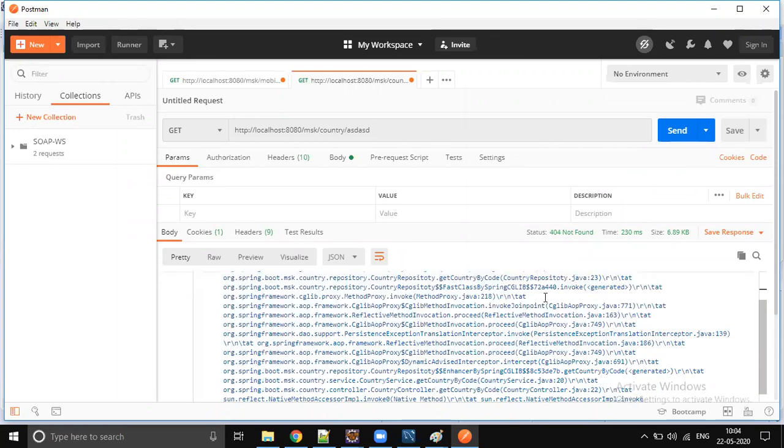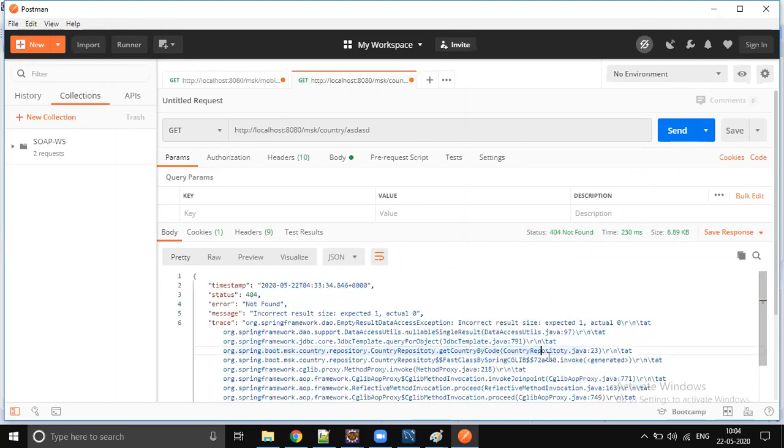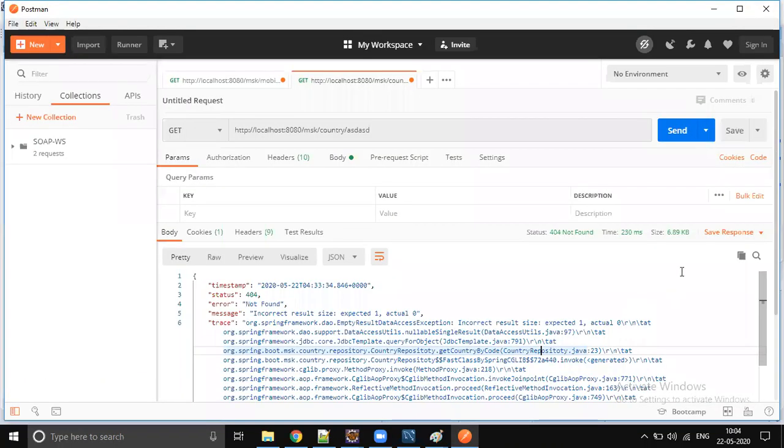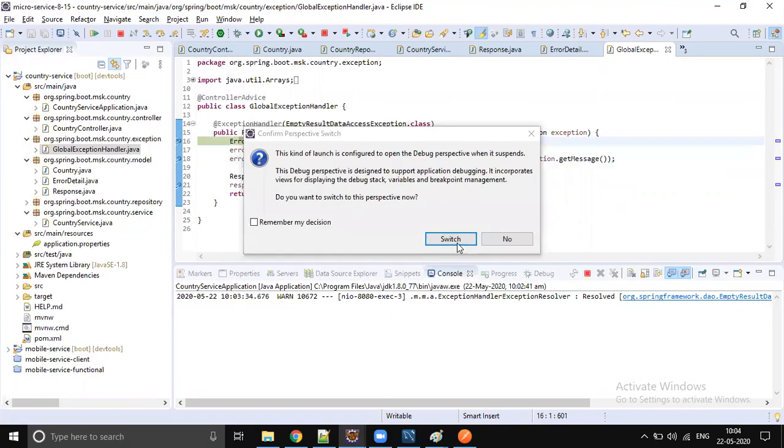So it went into country repository, threw the exception. It's a global exception, right? Controller advice to the global exception. Let's put the breakpoint and see whether the flow is coming here or not. Let's send the request one more time. Yeah, it's coming here. We are handling the exception properly.